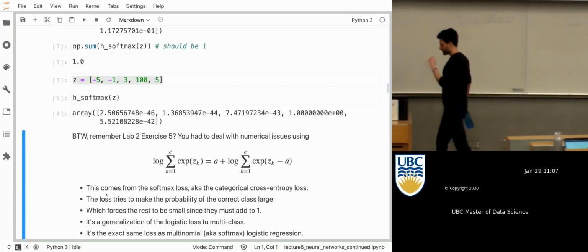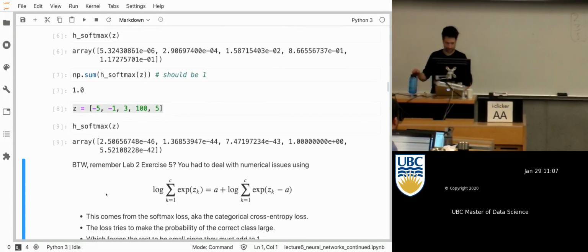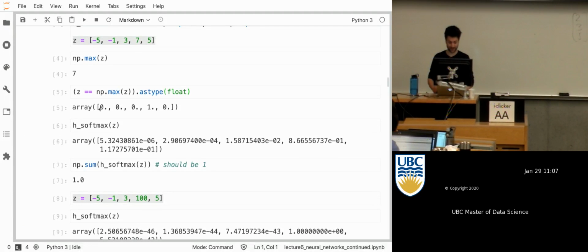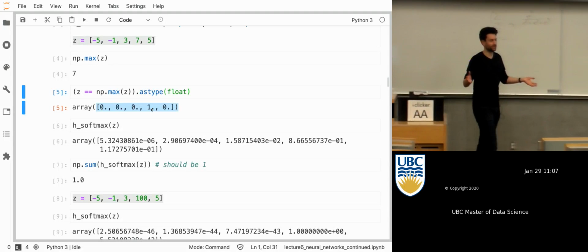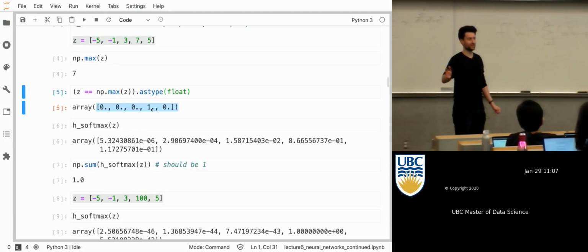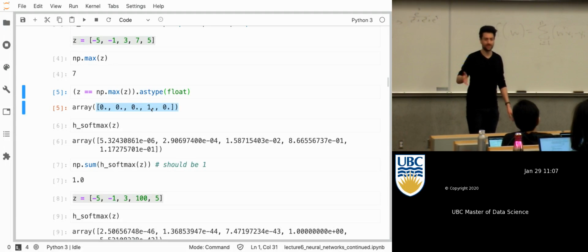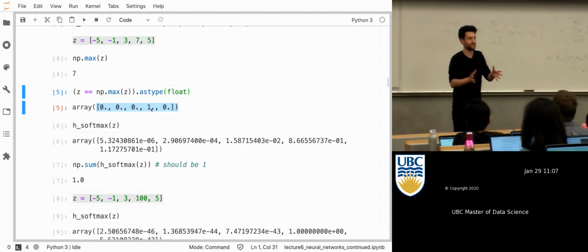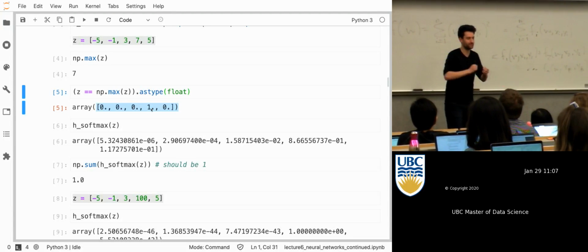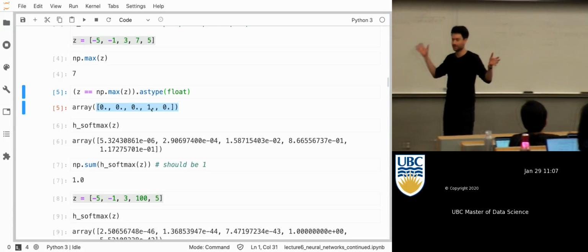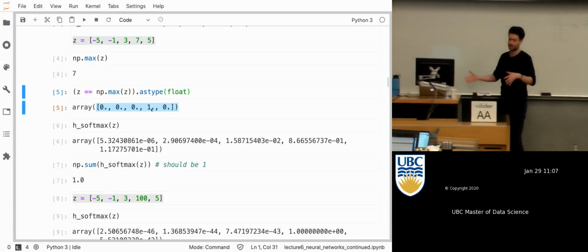So in other words, if this is a classification problem with 5 classes and the real class is 4, then it would be really cool if your model said it's 0% class 1, 0% class 2, 0% class 3, 100% class 4, and 0% class 5. You'd be like, wow, this model is amazing. It is right and so confident. And so that loss